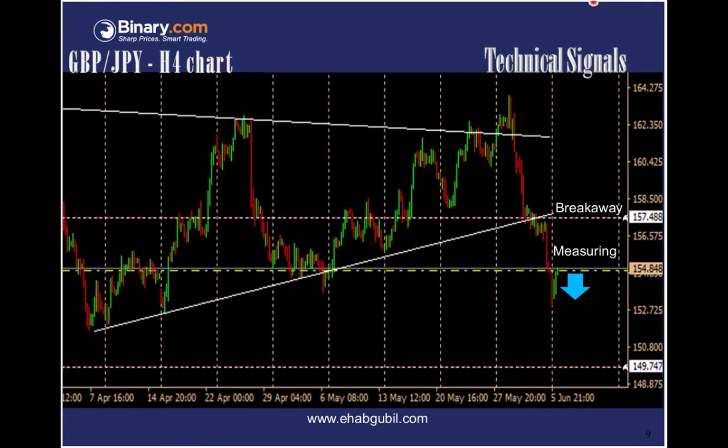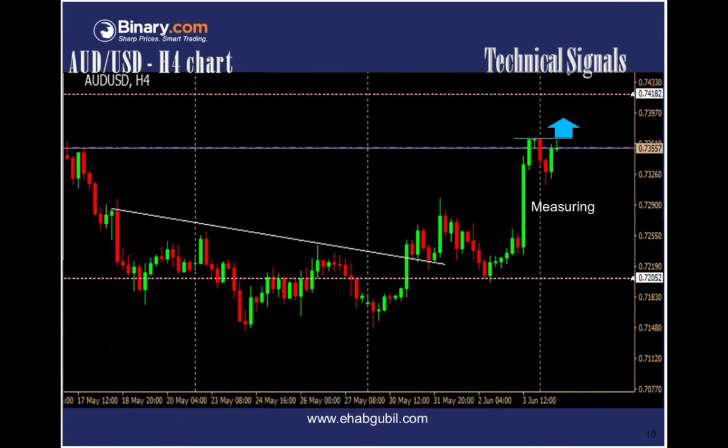So pound yen, for our chart, expects the market to keep moving downwards to this level. Another measuring candle here, the trend has just started to form. Here is the measuring candle. You should wait to see the market break this level upwards, and I expect the market to keep moving up to this level